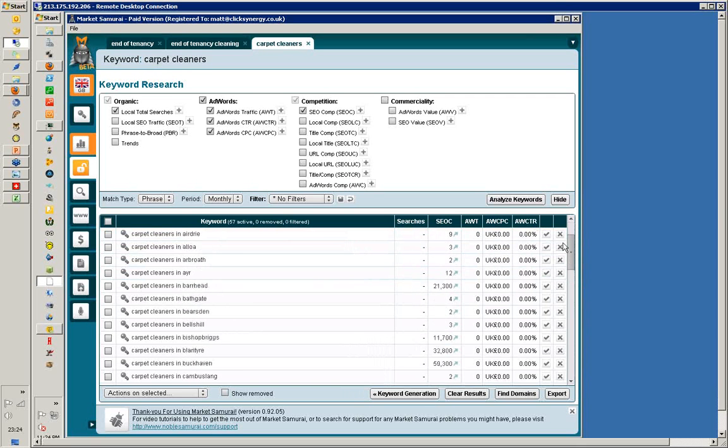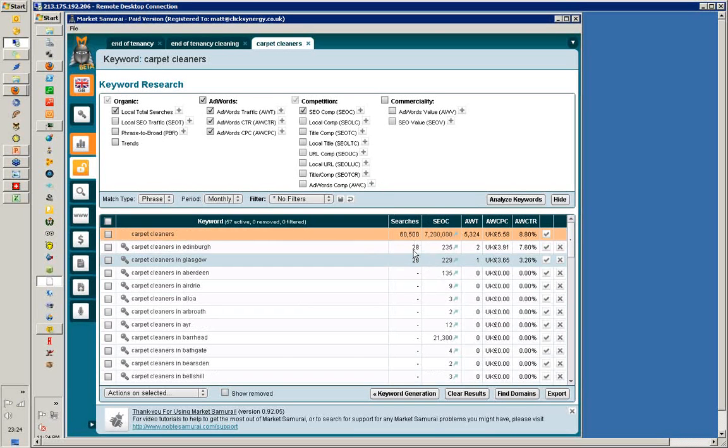This is quite interesting. The local search is very, very low, like 28 in the big cities. So it's Edinburgh and Glasgow, the two places where this basically happens. If you look at all the other cities, Barhead,